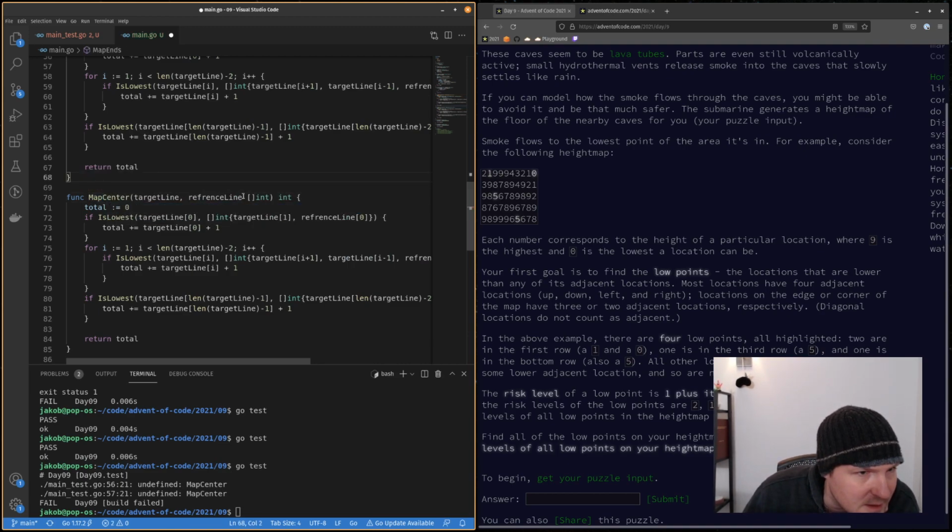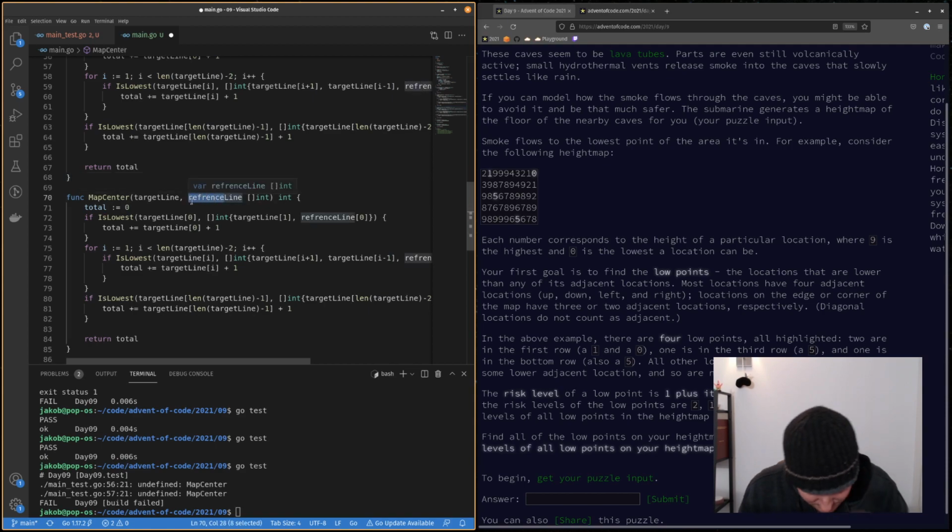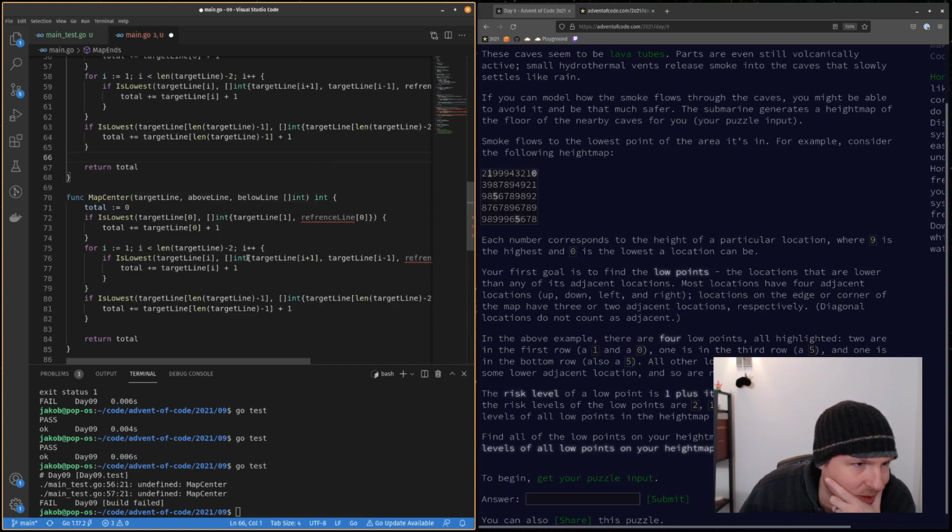But it has target line, above line, below line. Okay, and all right, so, but we have to do a similar thing here, right? Where we